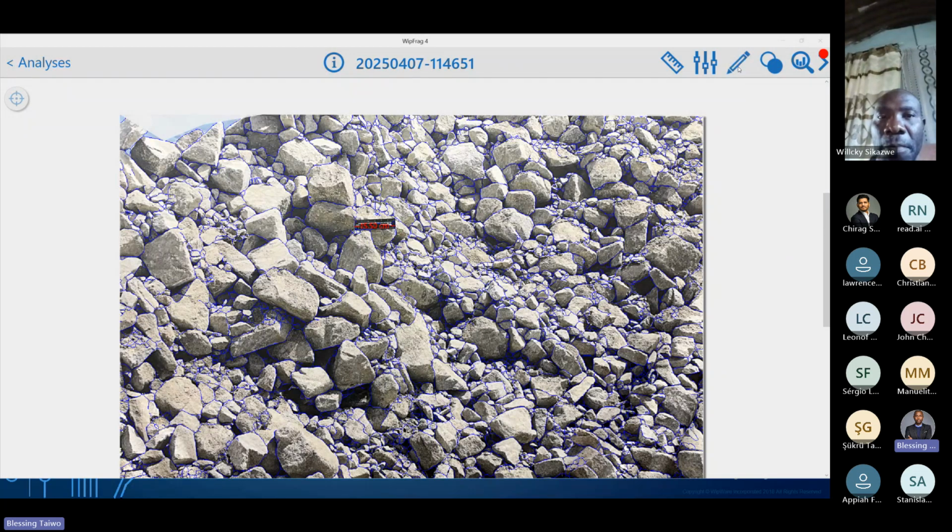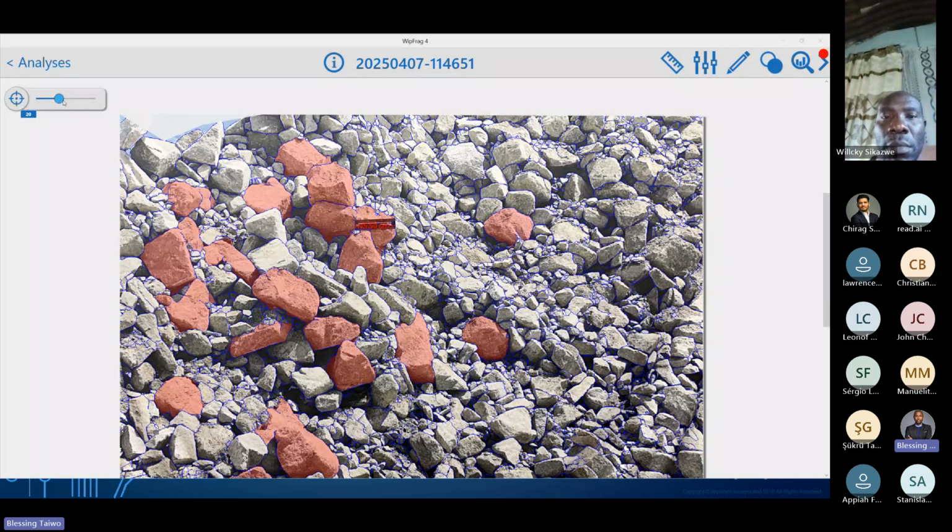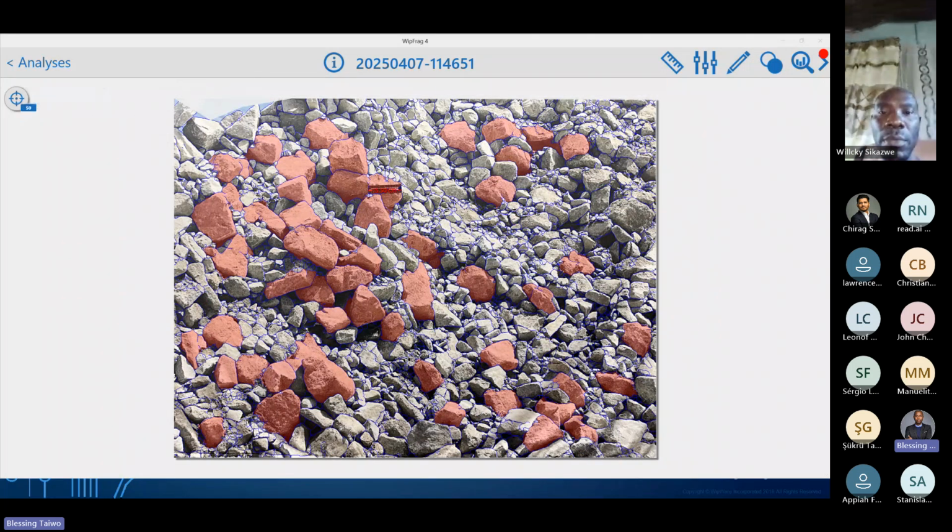If you are done doing the editing, you can check right here as the user of the software. You can right click here to see the particle sizes. That is, you can see the 50 biggest particles in this material. When you activate this, it shows you up to 50 biggest particles and where they are located. If this is a blast that I designed, I know definitely something must be wrong if I'm getting good fragmentation here, and right here at the left hand side of this bench, I'm having poor fragmentation. So this is a call to attention.